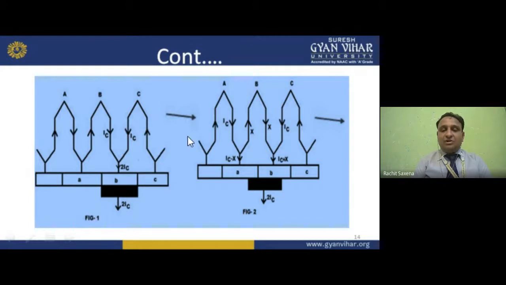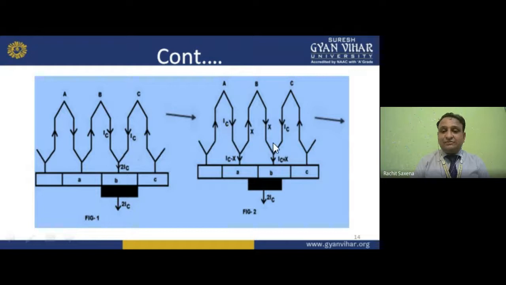I hope you understand. Now, in this case, that is figure number 2, the same current is flowing, that is IC minus X, because it is minus. Now see, my dear student, if I am representing again like this, I am getting IC and this is your X. I don't know what the current value is. So we will write IC minus X. Why am I writing this? Because X has the opposite direction, reverse compared to the IC, because IC is entering and X is leaving. So X is leaving means minus, and entering we can use the plus sign. So we can write IC minus X here.